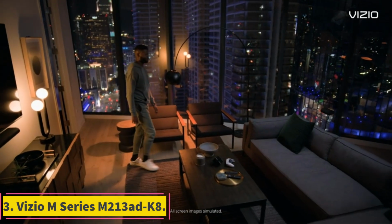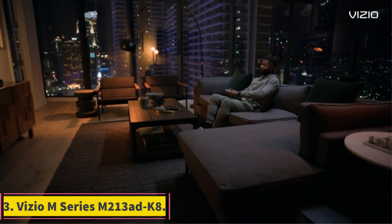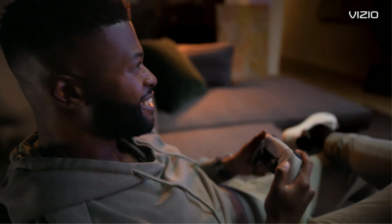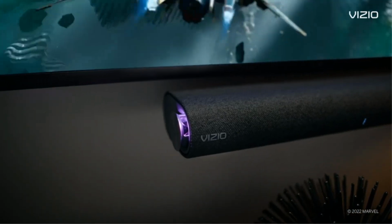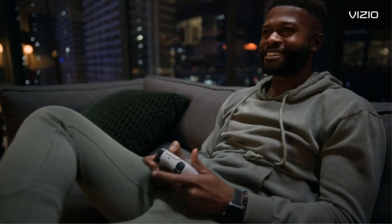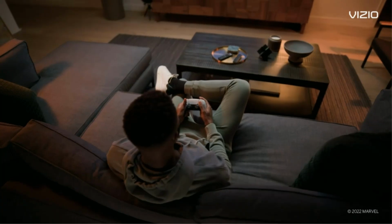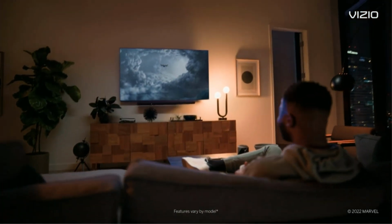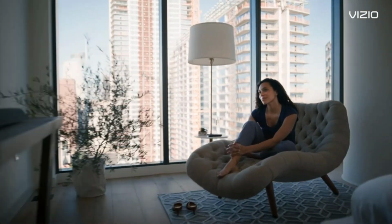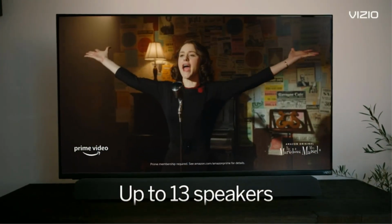Number 3. Vizio M Series M213 AD K8. Living in a studio apartment? Low on space? A standalone soundbar is a good alternative since it packs sound into an all-in-one package. The best we've tested in the budget range is the Vizio M Series M213 AD K8. It has a unique trapezoidal design, and its 2.1 setup means it's ideal for listening to stereo content, including most music and TV shows. You get a clear sound right out of the box, making dialogue clear and easy to